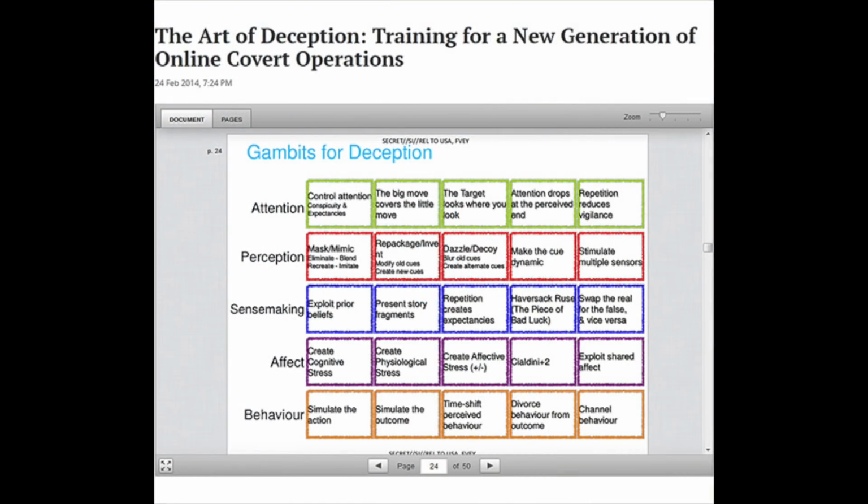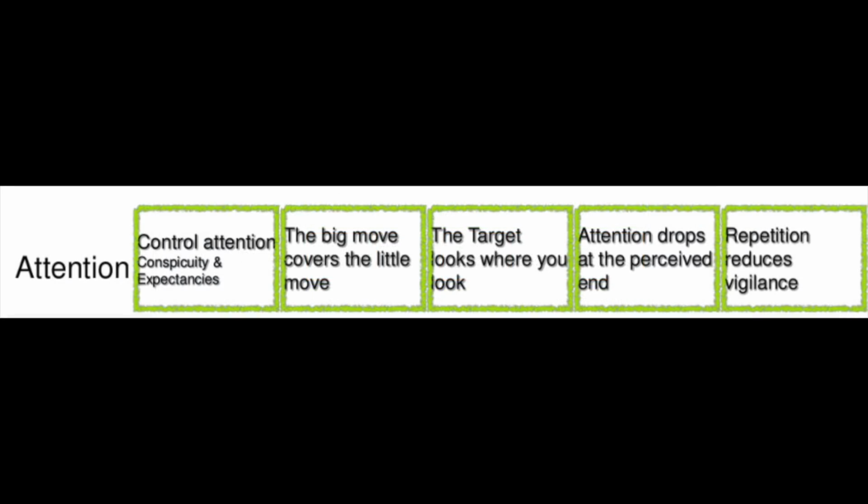The Art of Deception. Edward Snowden's February 2014 leaked document, The Art of Deception: Training for a New Generation of Online Covert Operations, was a PowerPoint presentation including 50 slides reportedly made by GCHQ, the British Government Communications Headquarters, in 2012. The presentation was allegedly used for staff training, an online covert action accreditation from the Human Science Operations Cell and Joint Threat Research Intelligence Group that draws from psychology of influence and persuasion and included digital propaganda tactics.